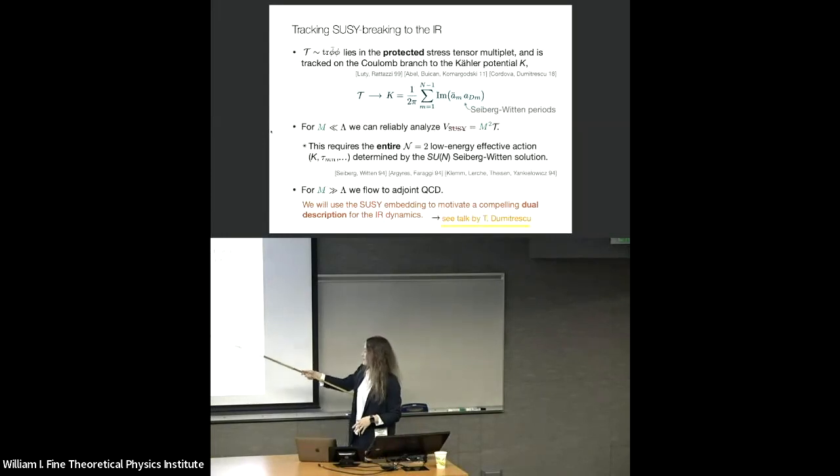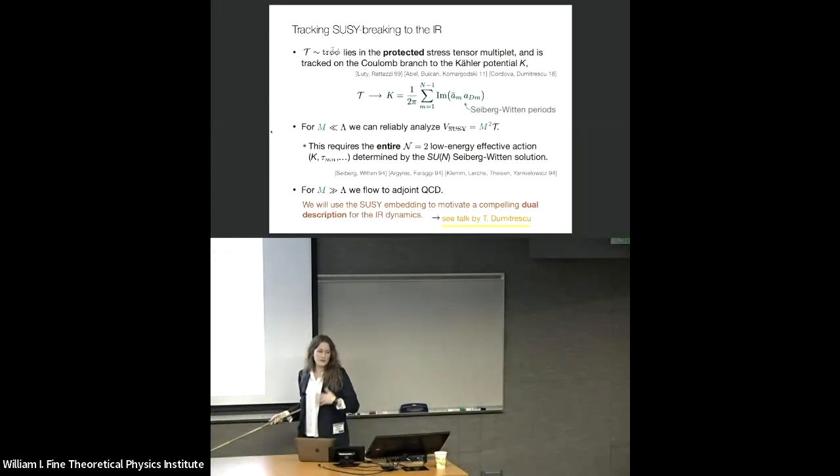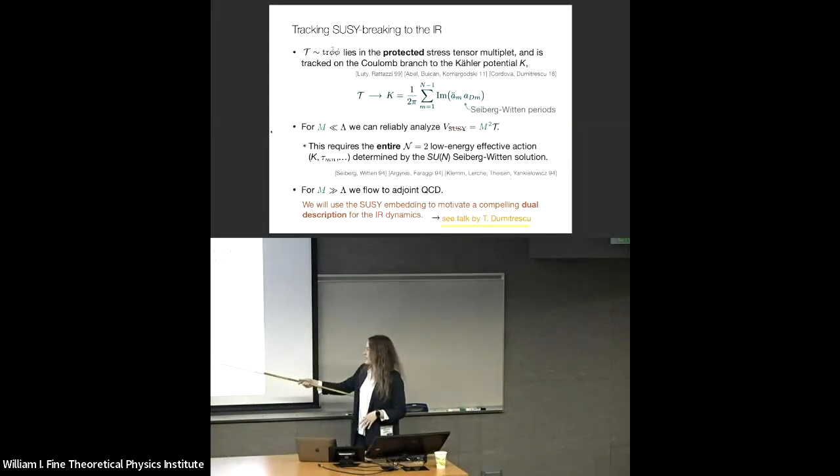So of course, it crucially depends on the Kähler potential on the moduli space. It depends on the holomorphic couplings in the solution. It really depends intimately on this data as determined by the SU(N) generalization of the Seiberg-Witten solution. So these quantities really play a crucial role. Now, for the supersymmetry breaking scale large, we of course flow to adjoint QCD, and this is ultimately the limit that we want to make contact with. And so it is of course in this limit that we lose the strict reliability of this soft supersymmetry breaking